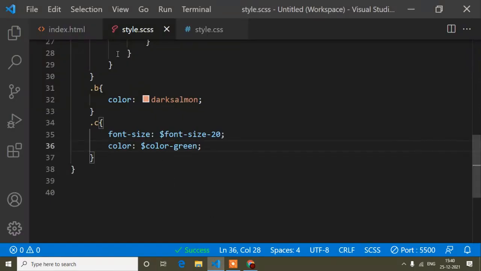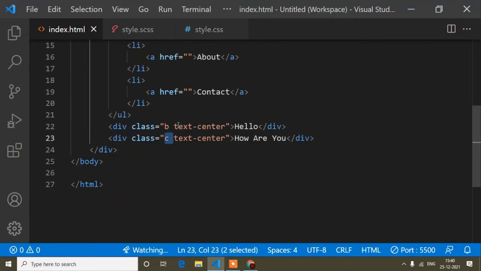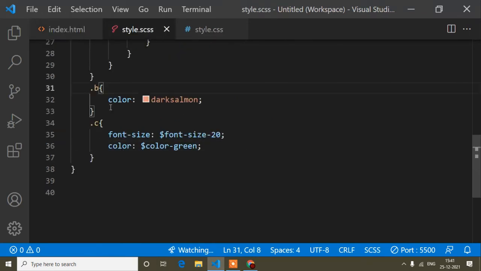So now guys, here you can see here is the text center class, in both b and c. Some common text center class, suppose I want to add, you can do that. But suppose in this text center class, I mean for the b you just want to change, right? Not for c, just this one you want to change. So how can you do that? At that time this text center you want to change, and here it's a b class also, so you can take the b class as a reference.